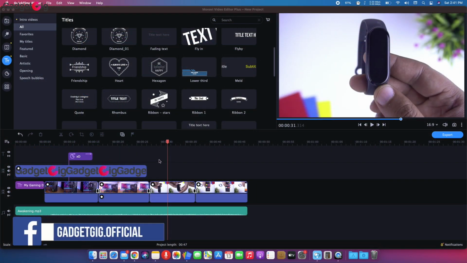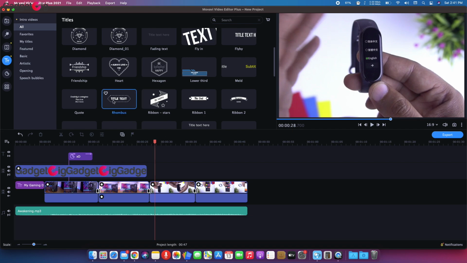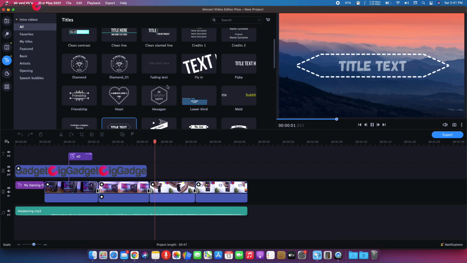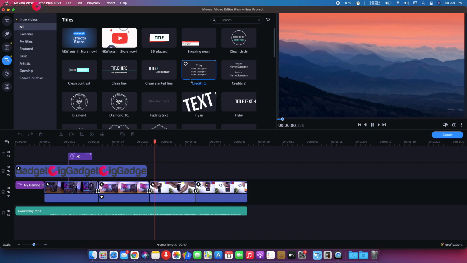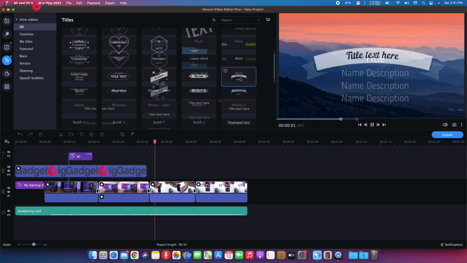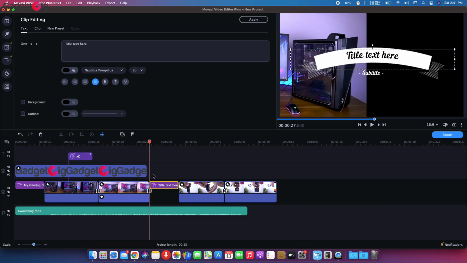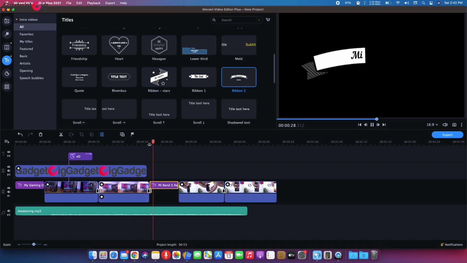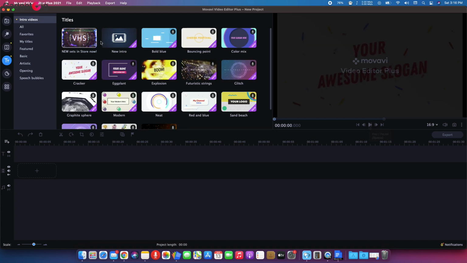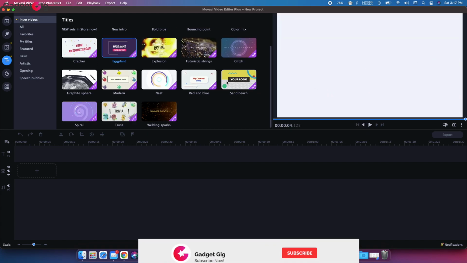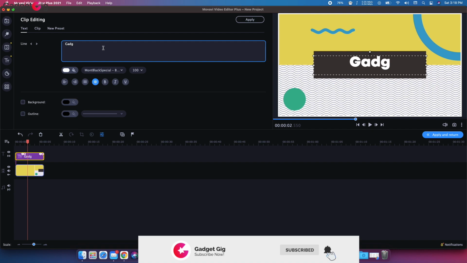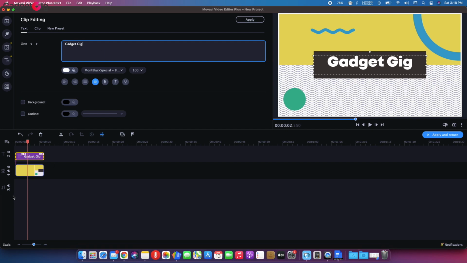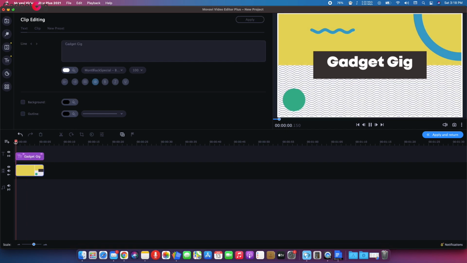Now moving to the next option, here we have the text titles. Without the text, the videos are incomplete. And here you can see the available text titles, and you have a lot of options available. Adding the text title is also simple. Just drag and drop the title to the timeline and then edit as per your choice. You can change font, size and background from the settings. In the text menu, you also have the intro videos, which you can also customize as per your choice. And you can use these intro videos as your YouTube channel intro as well as in your home videos.